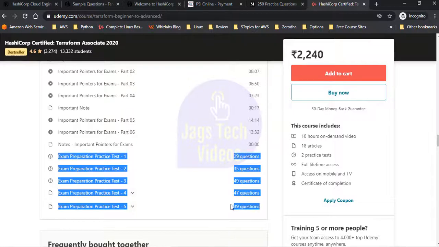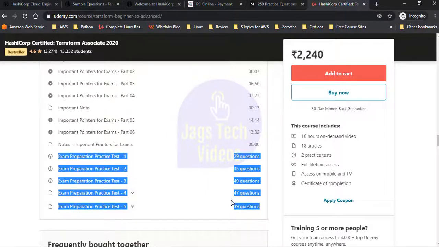So if you do this course top to bottom, you should be able to answer most of the questions in this practice test. At the very first attempt, you may get 80-85%, and if you keep repeating the practice test and revising the topics, you should be able to get a 95 plus score. And then you should have some confidence. The same questions will obviously not come in the examination, but if you cover this course, you should be able to answer the questions.